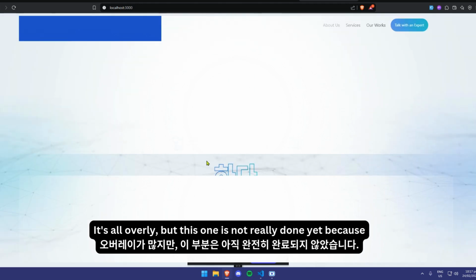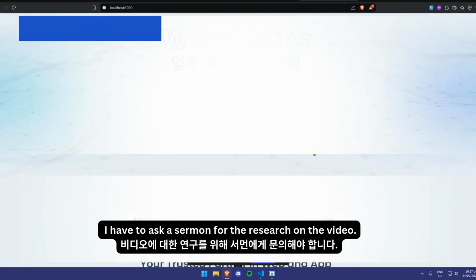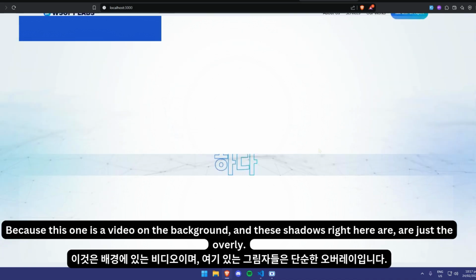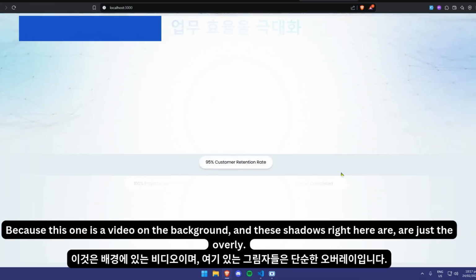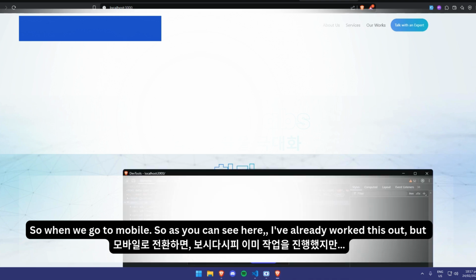I have to reposition every detail here since it's all overlay. But this one is not really done yet because I have to ask Sermon for the resource on the video. This one is a video in the background, and these shadows right here are just the overlay. So when we go to mobile,